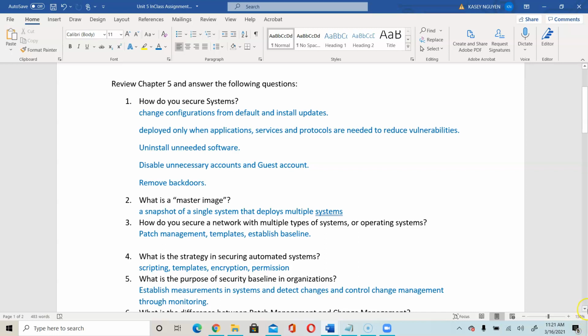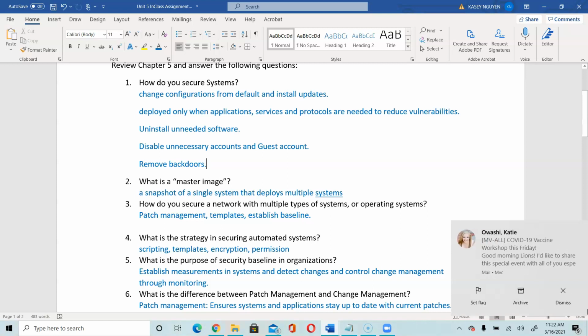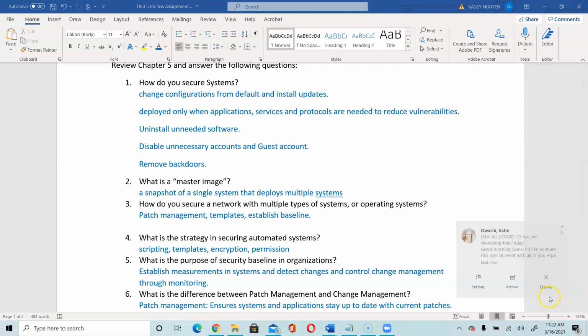For question 5, what is the purpose of security baseline in the organization? It is used to establish measurement in systems, detecting changes, and it allows us to control change management through monitoring. We want to make sure that we detect and monitor potential changes. So we would understand, at the minimal level, how should our system be configured? How should it operate? What kind of consistency do we have across these systems as far as settings and connectivity,